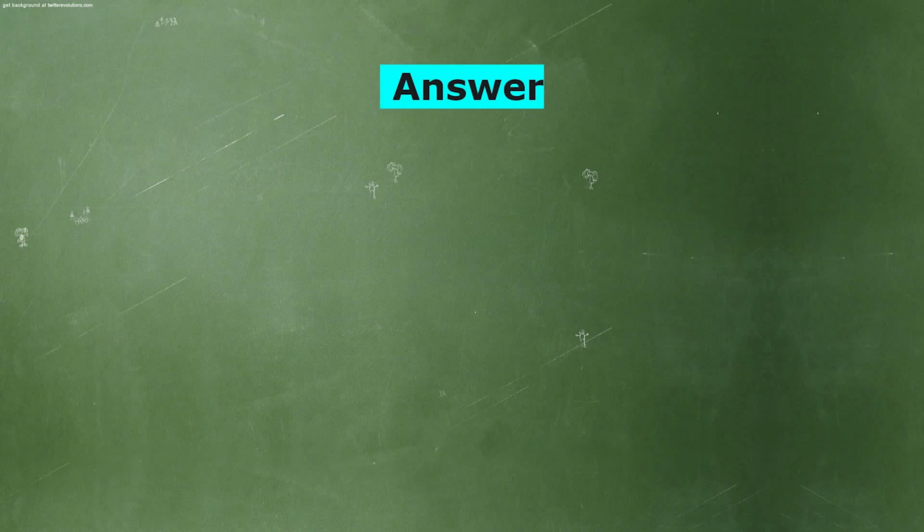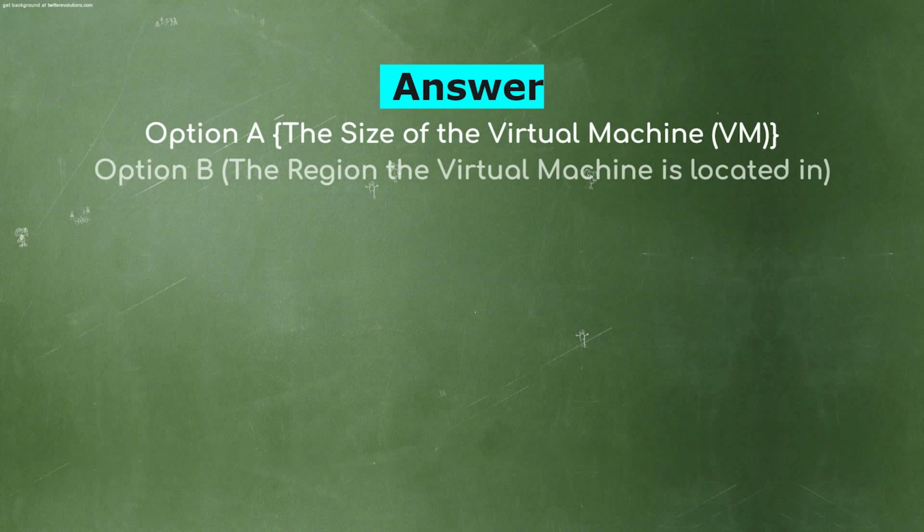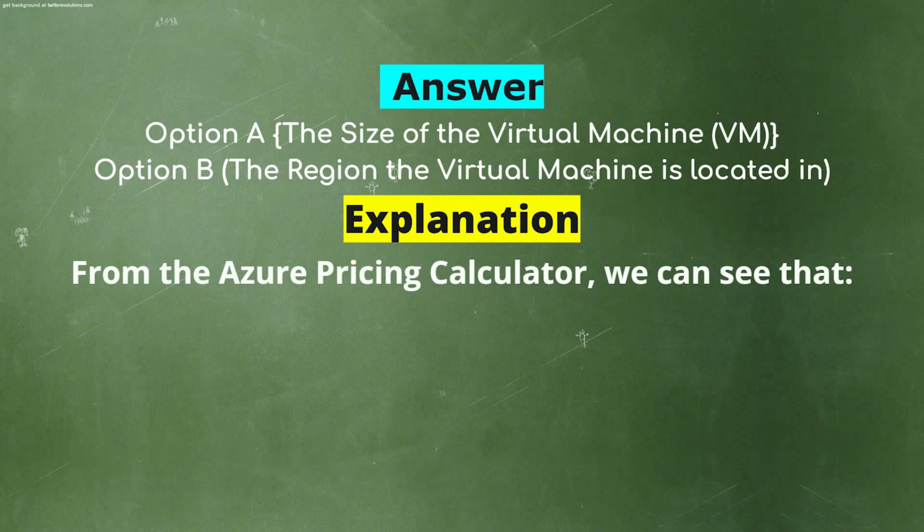And the correct answer is option A. The size of the virtual machine, and B. The region the virtual machine is located in. Explanation. From the Azure pricing calculator, we can see that